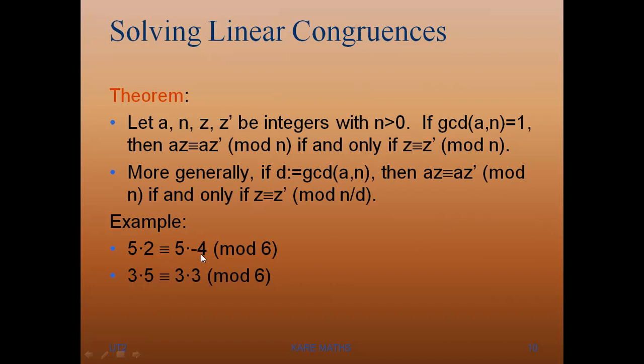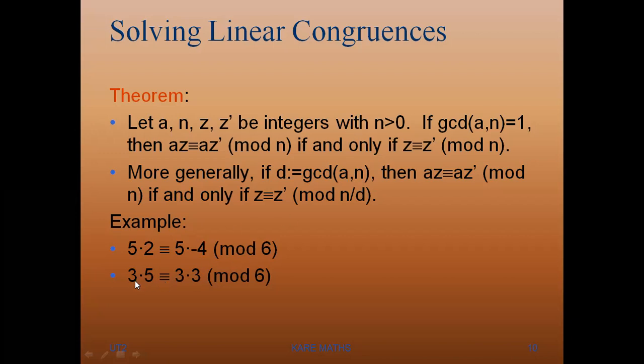10 is congruent to minus 20 mod 6, what is the meaning here? 10 minus of minus 20 is 30, so 30 is a multiple of 6, if and only if z is congruent to z', is it not? According to this theorem statement, 2 is congruent to minus 4 mod 6. So according to the definition of congruency, 2 minus of minus 4, that is 6, is a multiple of 6, otherwise 6 divides 6. So this example satisfies this statement.